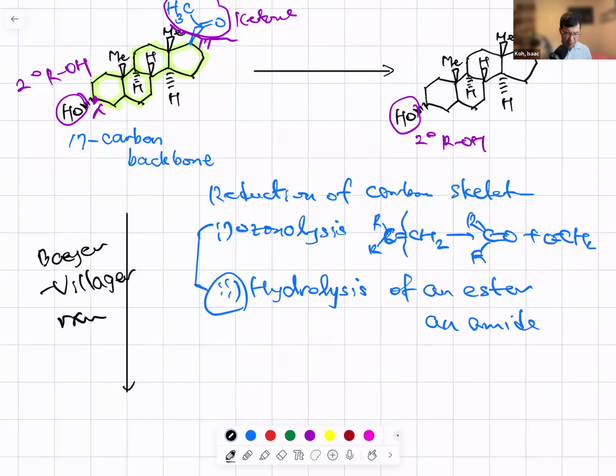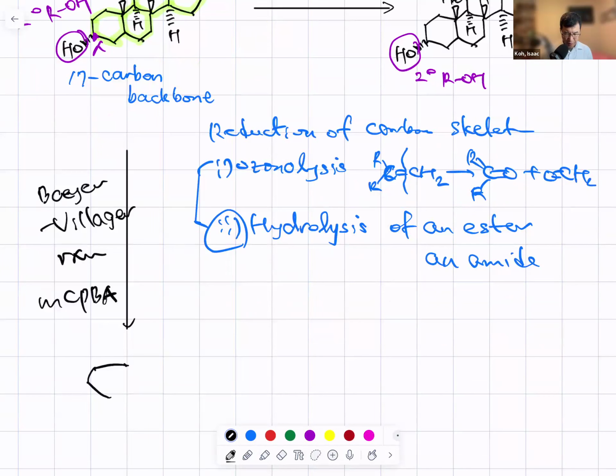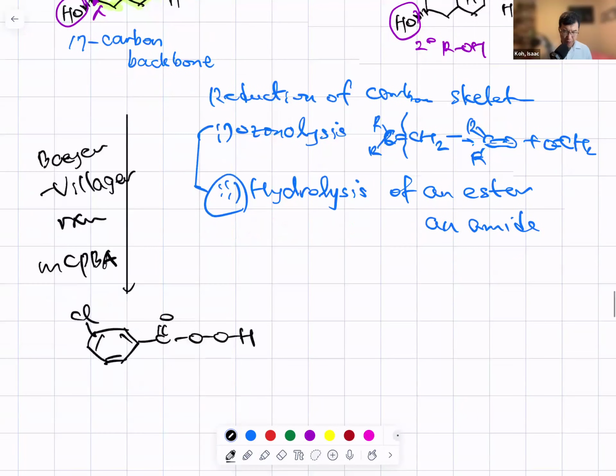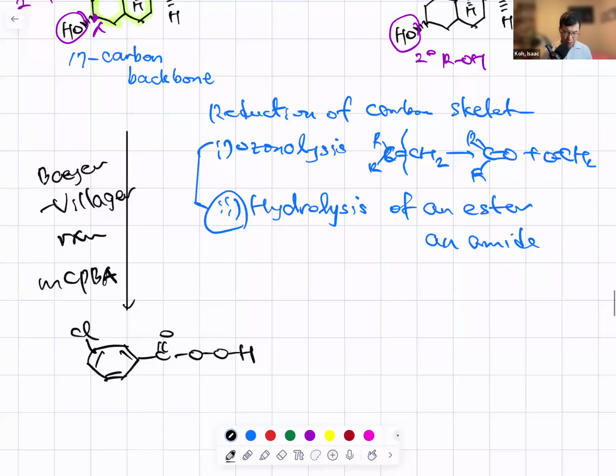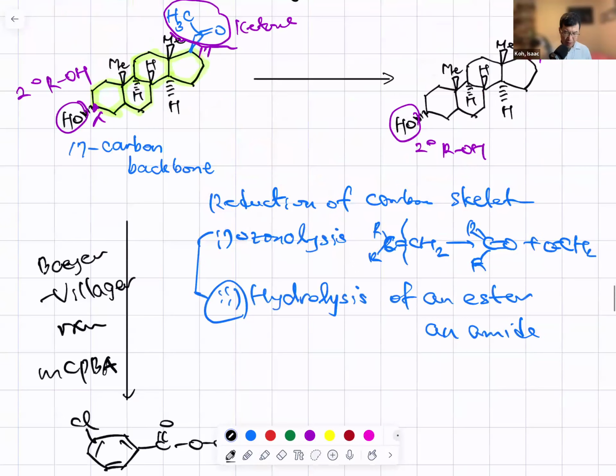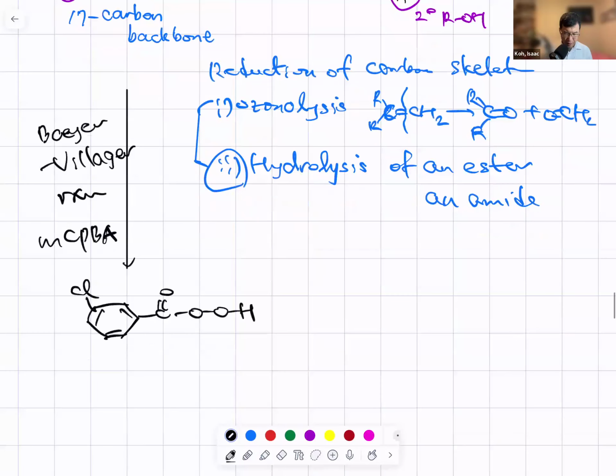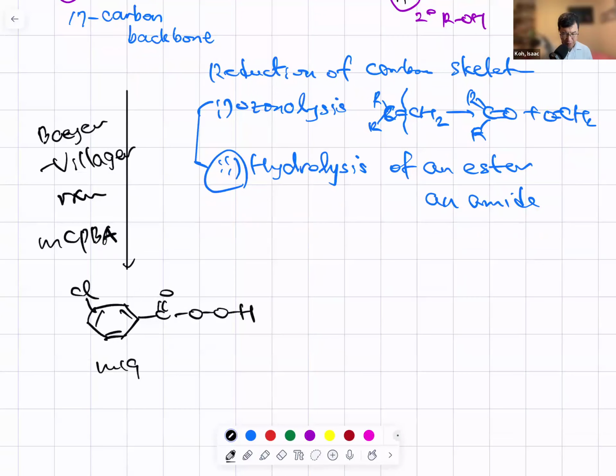Let's choose MCPBA, metachloroperoxybenzoic acid. In the meta position we have chlorine, and here OOH. This is metachloroperoxybenzoic acid. When you use this one, then it will be inserted in between the carbonyl carbon and the following alpha carbon, and the migration aptitude here,